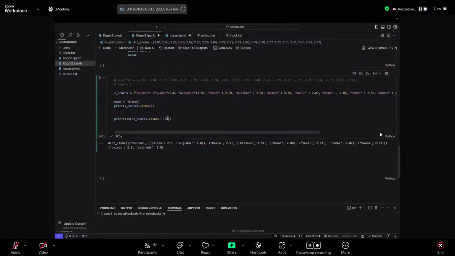Okay, it works. So I think it gives the answer as expected. So you can use this if you really want to use the index. I think this method would be possible for you to use. But again, as I mentioned, if you want to use an index, try using a list. If you want to use a specific key to access values, use a dictionary, right? So are there any other questions?